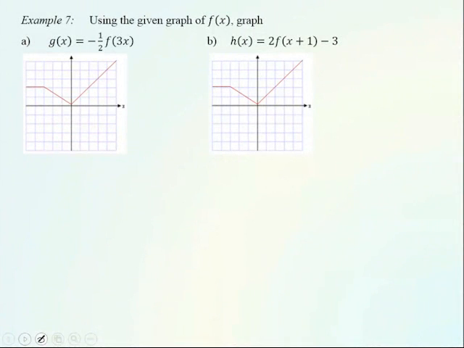Well, now let's put together a combination of all the transformations that we talked about. Using the given graph of function f, as in the diagram, graph the new function. So in order to do that, maybe it's a good idea to list the transformations first. We could dilate in the x-axis, because x is multiplied by 3, by the factor 1/3 first, and then we multiply by 1/2 from outside of the function, so it's a dilation in the y-axis, by the factor 1/2, and then use symmetry in the x-axis,